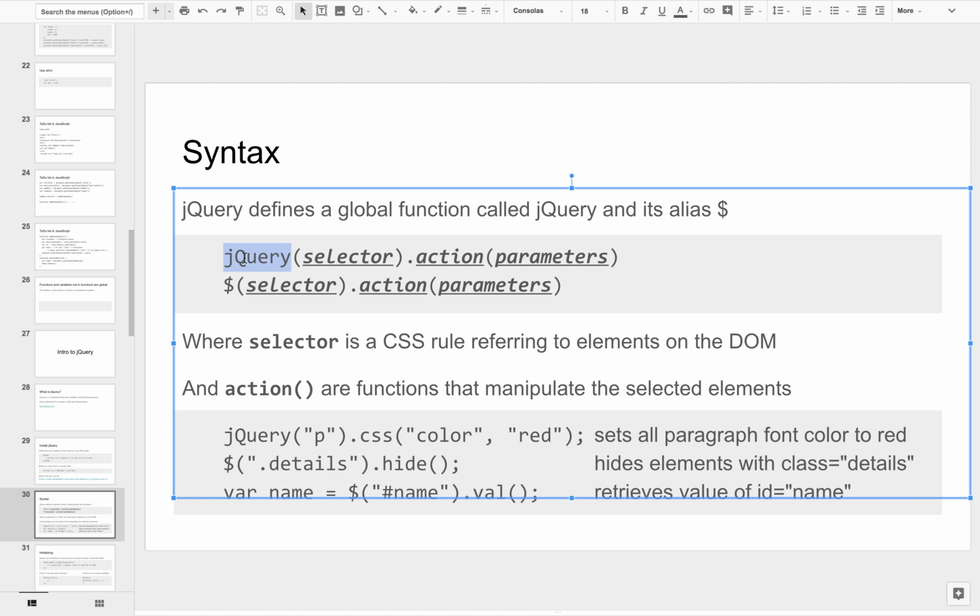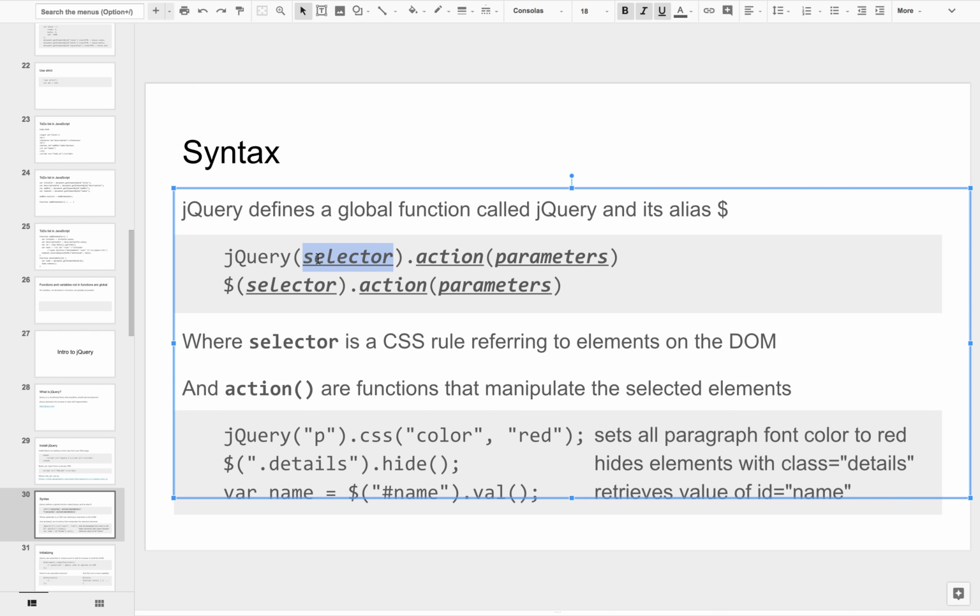Select all employees whose salaries are between 100,000 and 120,000, or select employees that were employed between January and December, and that returns a subset of all employees, correct? So jQuery, this selector, allows you to do that. In plain JavaScript, you use something like retrieve an element by ID, by class, by attribute. Well, these selectors are much more powerful than those.